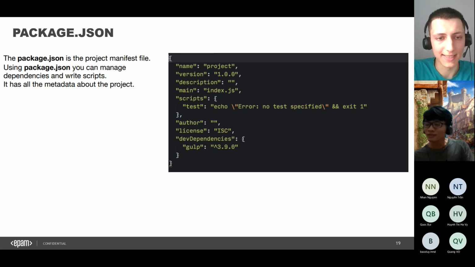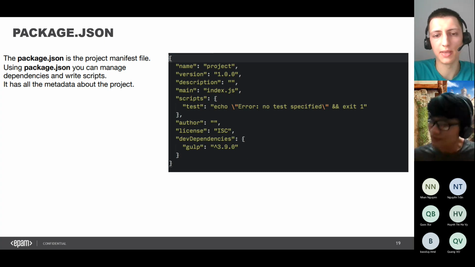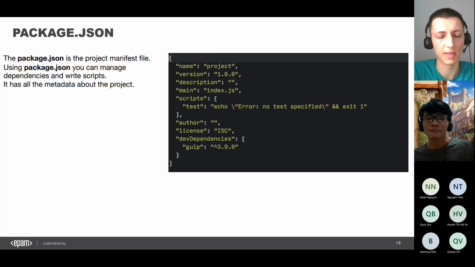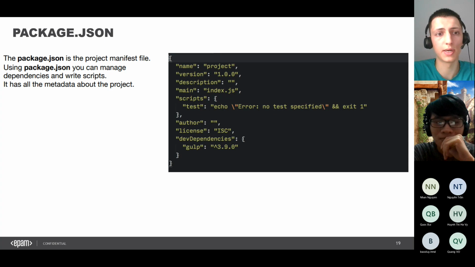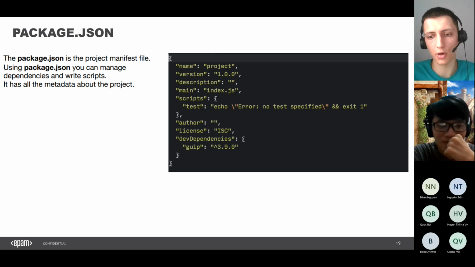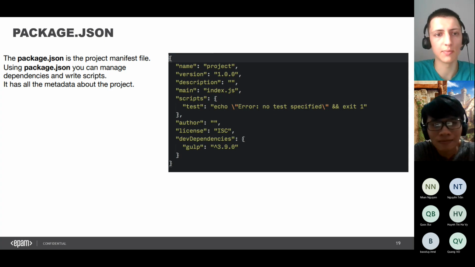in your project. Inside this file, we have some information about packages we use. For example, we can also write our own packages, and the name of this package, the version, and so on will be specified inside this package.json file. And as you can see, we have name. Name is just the name of the package. Yeah, and for example, when we publish our package by this name, your package can be installed.